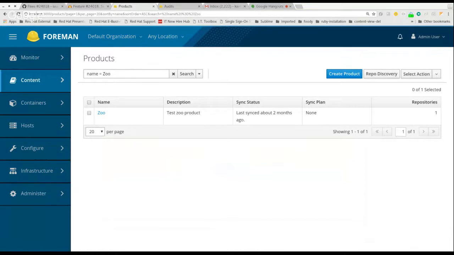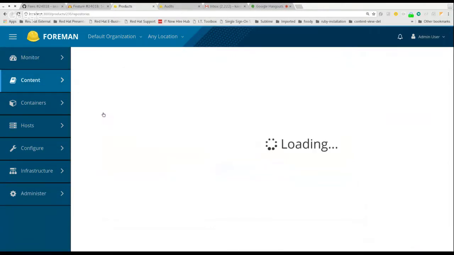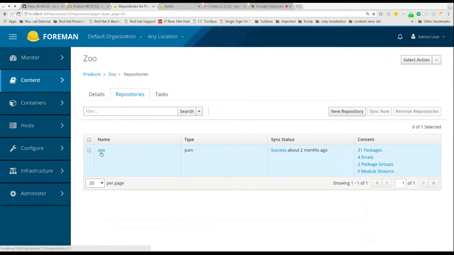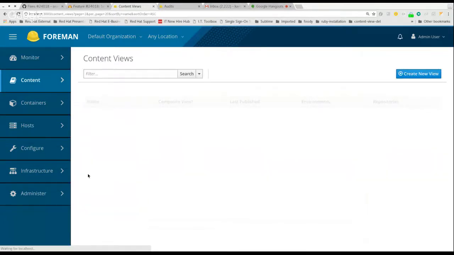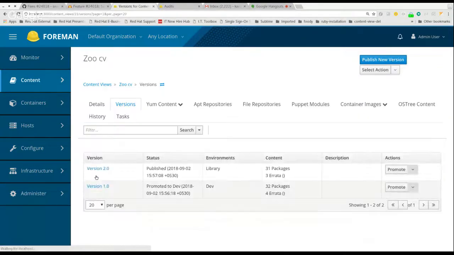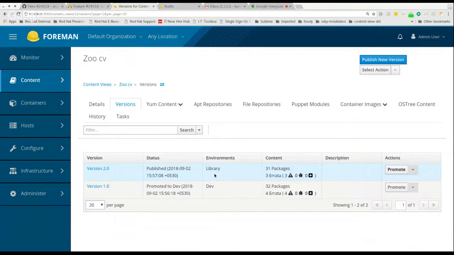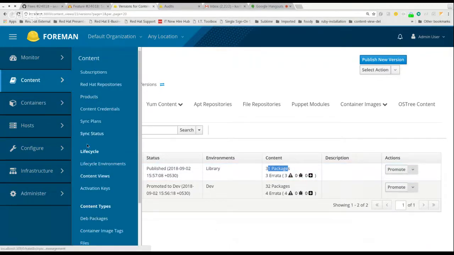So before I start, I just want to mention that I have created some test data to demonstrate this. So I created one product, zoo, and in that I have the repository with some packages, and then I created the content view. And there are two versions. One is promoted to a dev environment, and the second one is for the library. Here you can see the difference, like here it's 32 packages and here it's 31, as I have deleted one package called beer. So if we go to the packages,